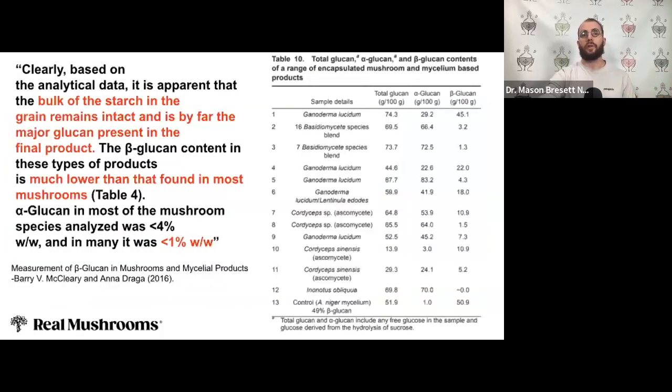So just to go into this a little further, from studying these things, we know that the bulk of the starch remains in the myceliated grain products, which have far more of the alpha-glucan, or the starch, in them. And the mushrooms have significantly more beta-D-glucans, which are the main bioactive, immune-modulating component that I'm sure you've heard of. This chart on the right did a big study on different mushroom and myceliated grain products. You can see the ones at the top with the high beta-glucan percentage, like that reishi at the top at 45% beta-glucan, compared to some of these other ones that were almost 7.3% beta-glucan. So in the analytical framework, it's really important to know where your medicine is coming from,